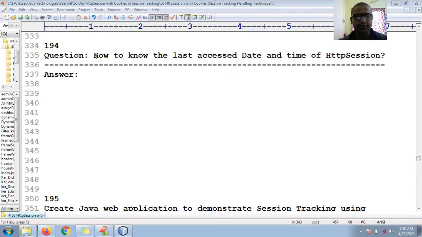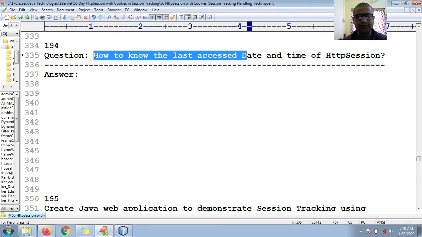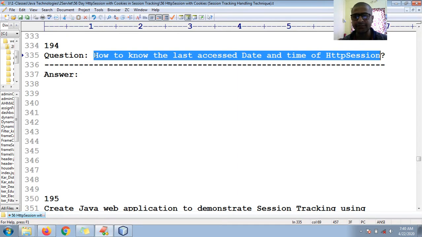Now we shall see one more interview question, that is how to know the last accessed date and time of HTTP session. In the last session we learned how to know the creation time, but now we are learning how to get the last accessed, or last request accessed, date and time of HTTP session.